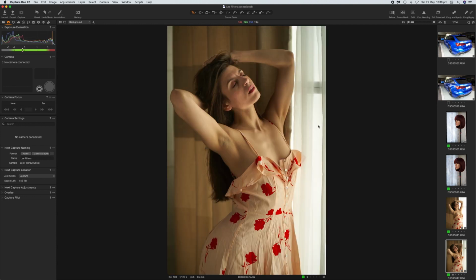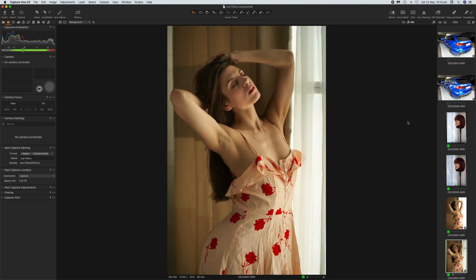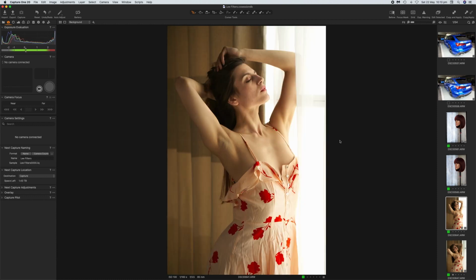Whereas on this shot in the same area it's around about 246. And just to quantify that, if I take a reading here of this bright area of the model's right arm, we're around about anywhere between 197 to 200. And on this one, again, we're still at that 197 to 200 mark. So you can clearly see that the model has the same exposure in both shots,